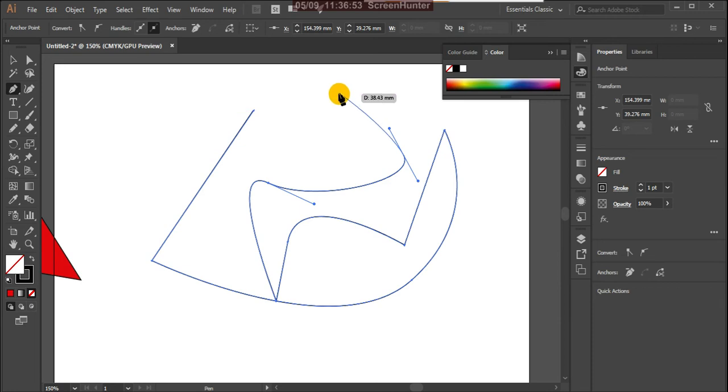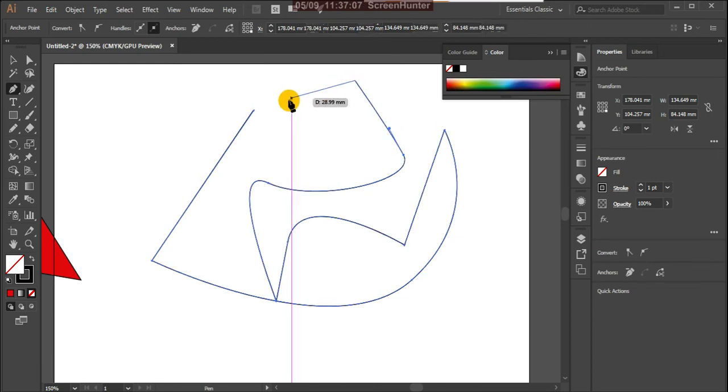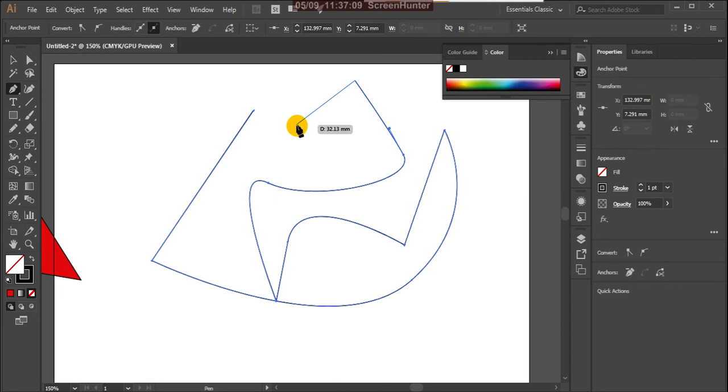Okay, so after this curve I want a straight line, not a curve. Then what you do, by pressing alt, you can click there. Now it is changed to straight. Okay, now again alt.